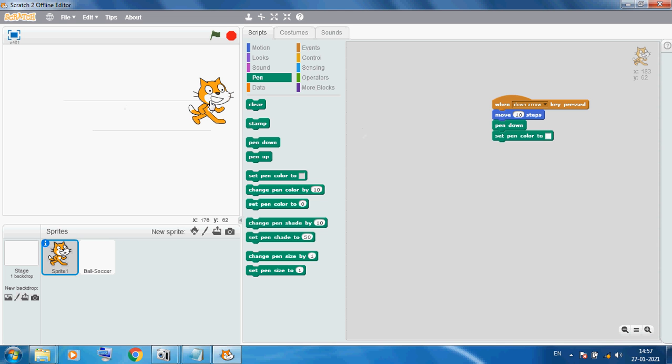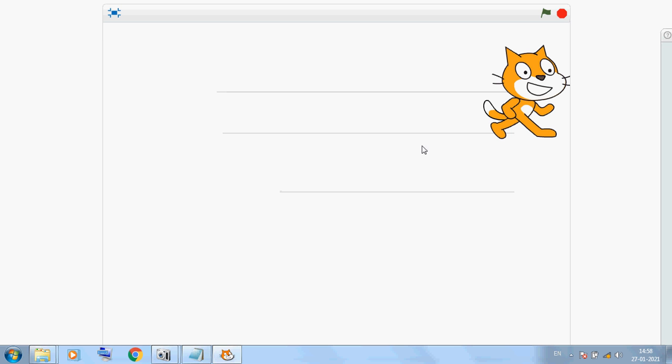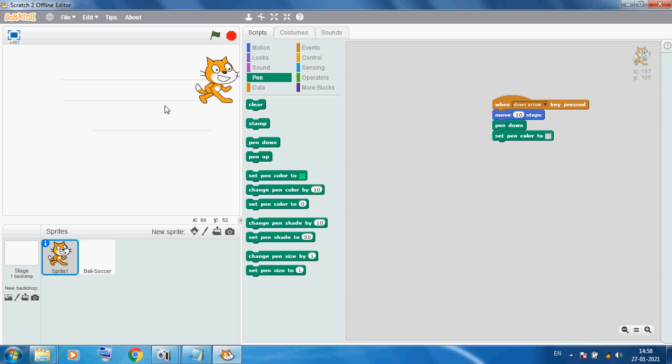Now again I am pressing the down arrow key. Now you can see the effect on the full screen. Different kinds of effects you can see: move 10 steps and then pen down when you press the down arrow key, so it will generate the line.